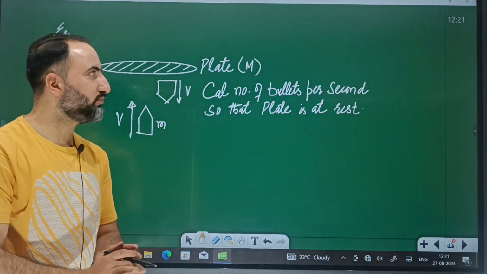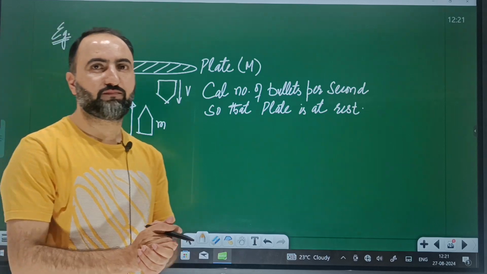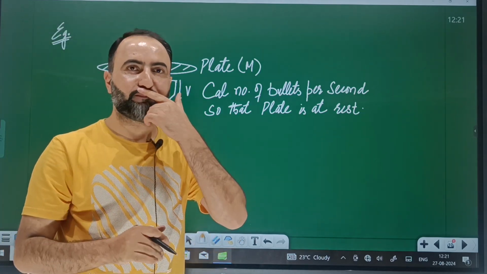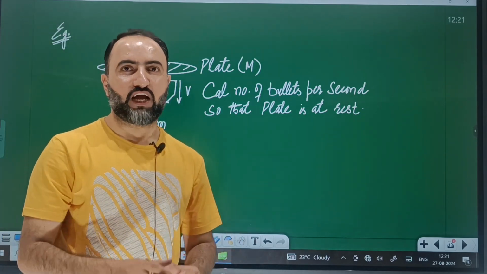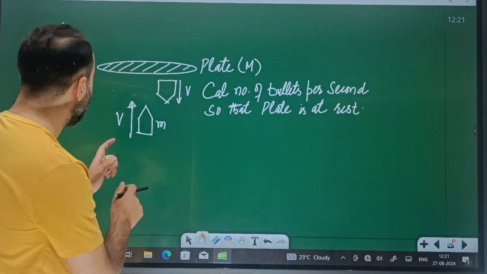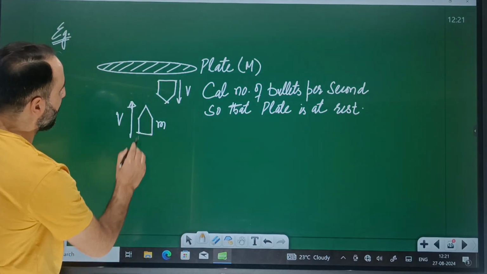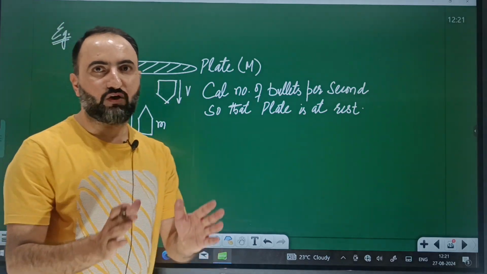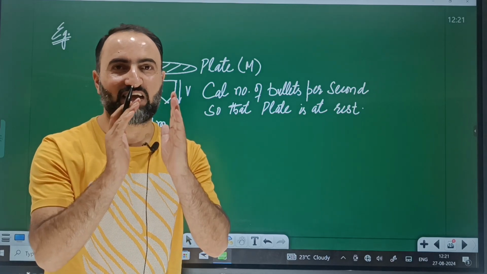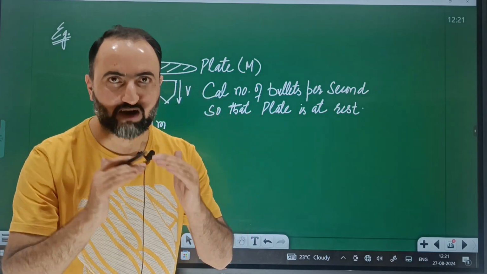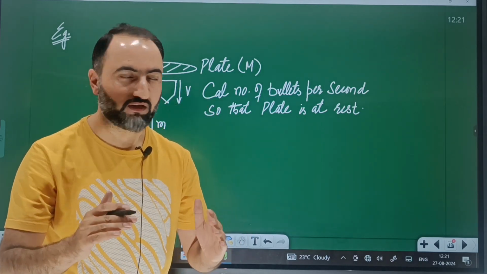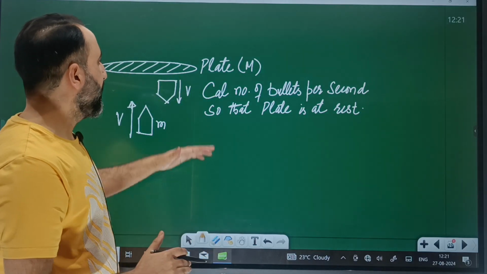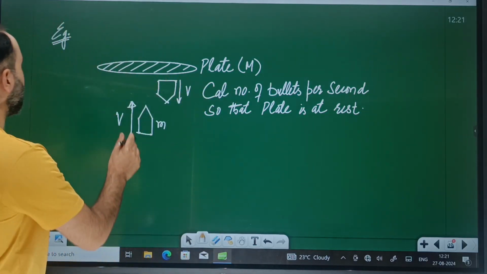This is a plate whose mass is equal to capital M. It's suspended in the air. ठीक है बेटा, suspended in the air. Now a person is firing bullets from here in the upward direction. These bullets are striking the plate and then bouncing in the backward direction. ठीक है ना बेटा? Okay, तो क्वेश्चन ये है, calculate the number,